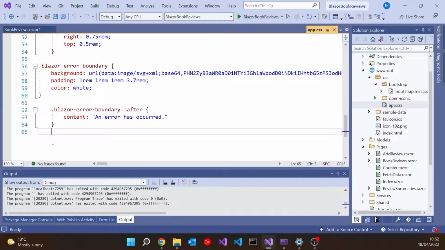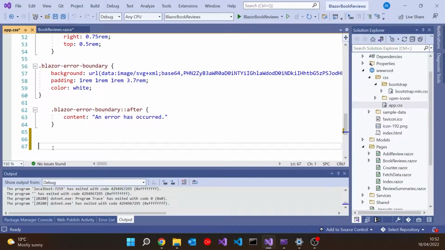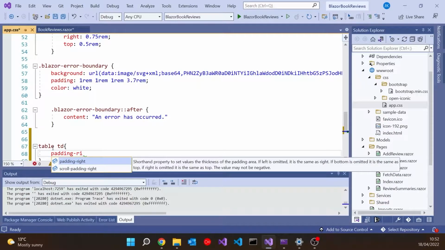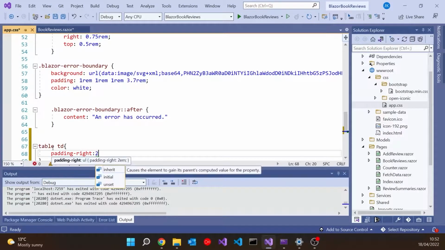So for example, with my table, let's have a td, and then let's say padding-right, and let's make that 2